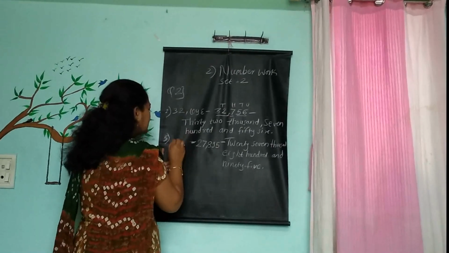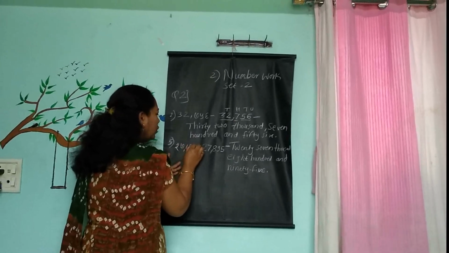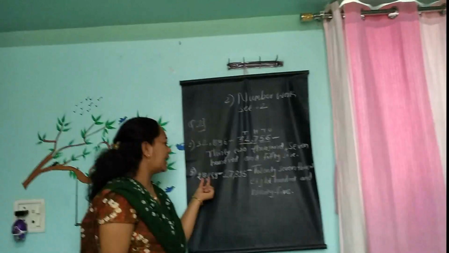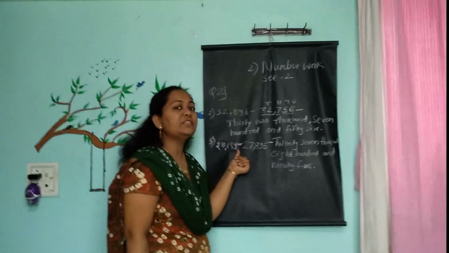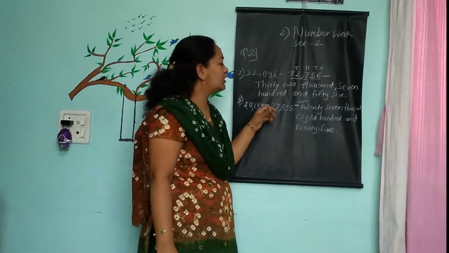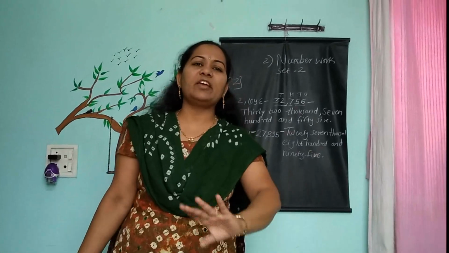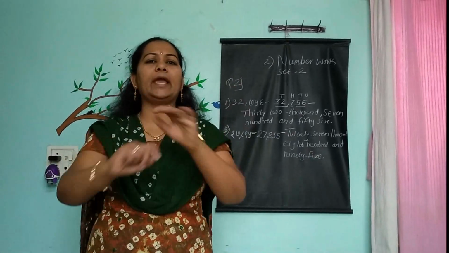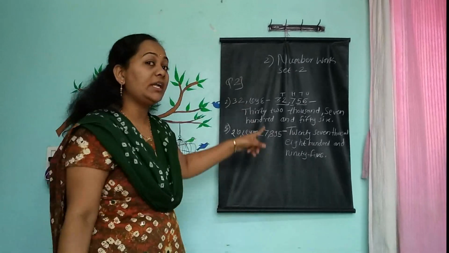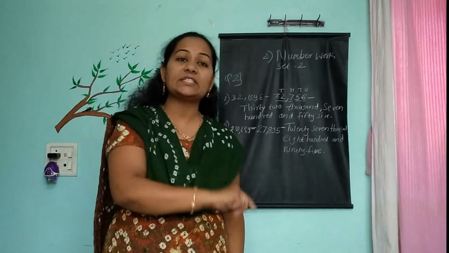This only you have to convert into Devanagari numbers: 2, 7, 8, 9, 5, the same sequence. 27,895. This is the reading in the Devanagari language. So this question is for the conversion way. Like this way, for your practice purpose, you take any 5-digit or 4-digit numbers, 10 more examples, to complete as today's homework, as extra work.